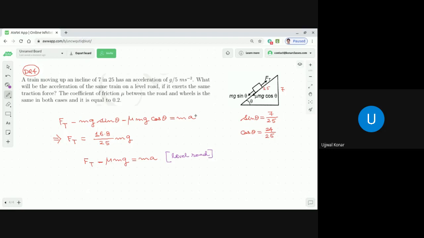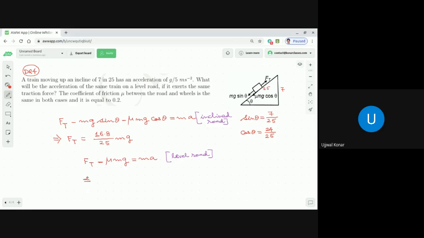And this is in the inclined road. Now the point is that from here you can find the value of acceleration, because you already found the value